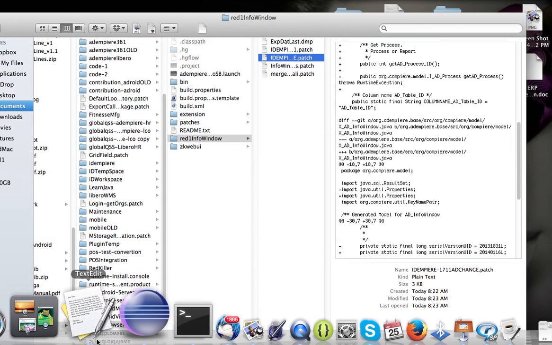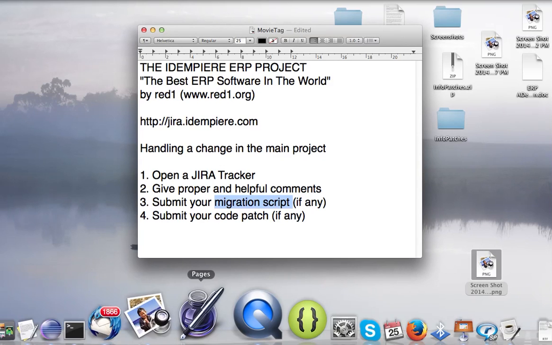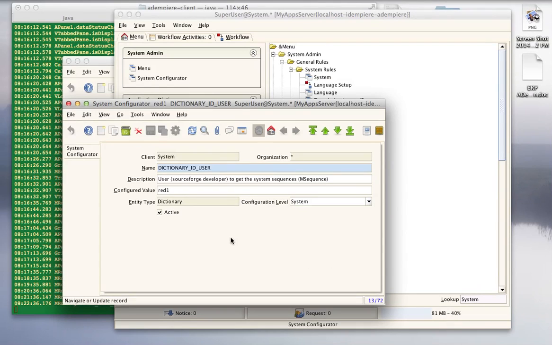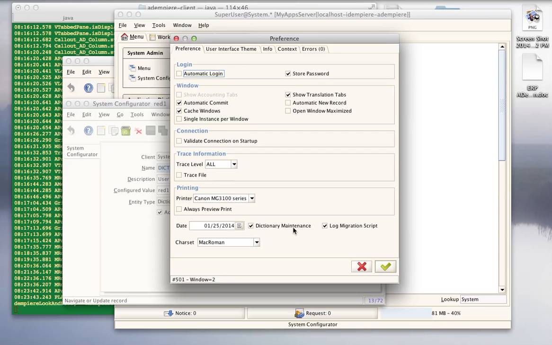Okay, now let's go to the other part, which is the migration script. The migration script is for the database changes, and you can extract it automatically through our preference control. When you check this box, you basically log any changes you've done to the database of iDempiere. In this case, we are trying to do a system change to the application dictionary, and by clicking on this dictionary maintenance,